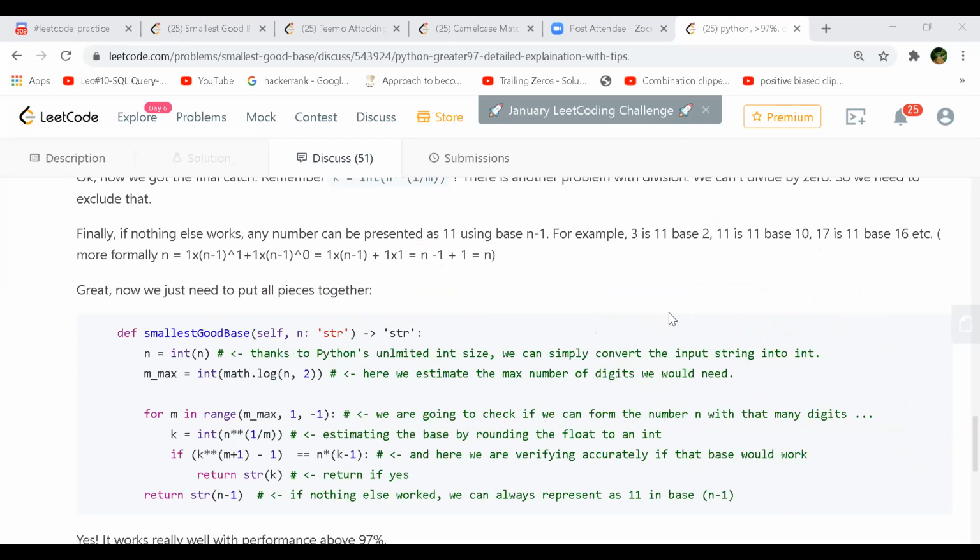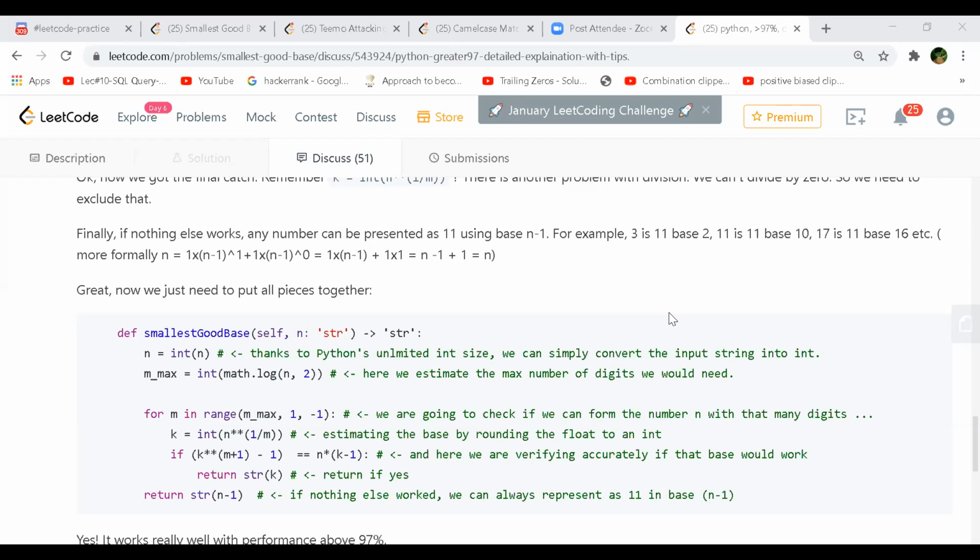This is really good. The description is very beautifully written, and it's such a concise implementation, right? Yeah, because if you see the line where he says m underscore max, if you take log of n to the base 2, you know how many digits you want to go for if the base is 2. So that is the maximum digits. That was confusing to me earlier, because for the first example he's only taking 3 digits, 111. Second he's taking 5 digits.